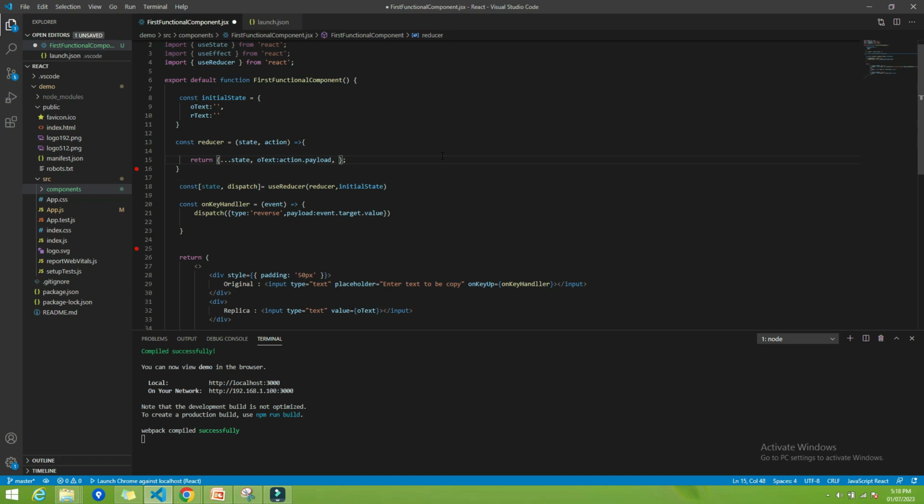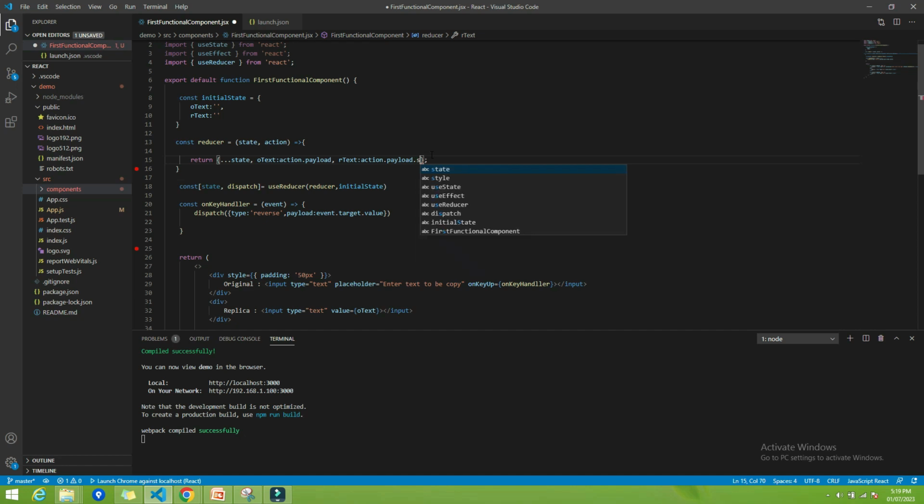Similarly I have to update the value of rtext also. The rtext value will be action.payload